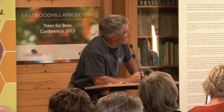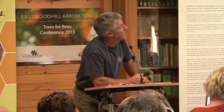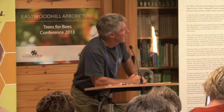This is an upside down photograph. Not so much that it's upside down, but the pottle is upside down. This is growing plants from tissue culture. When we're talking about importation of plants, tissue culture is almost, in some cases, the only way that we can deal with some of the biosecurity issues. So that just gives you an illustration that has been started from an absolutely tiny cutting, and those plants are now ready. The next photo will show